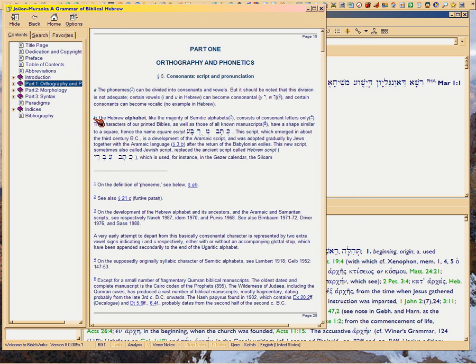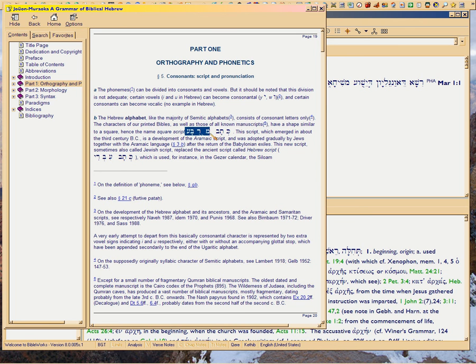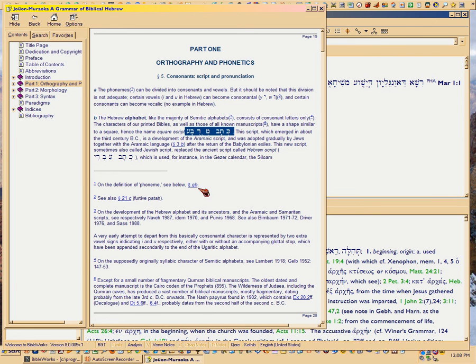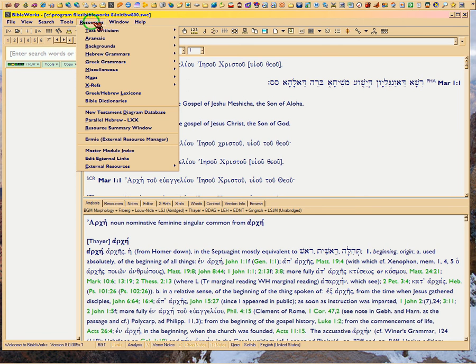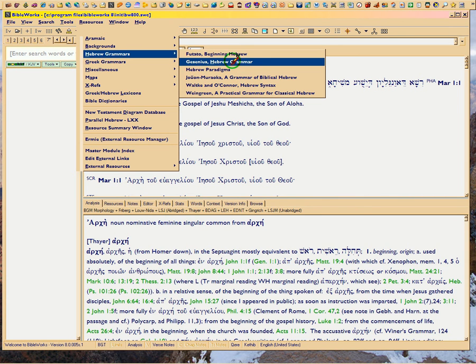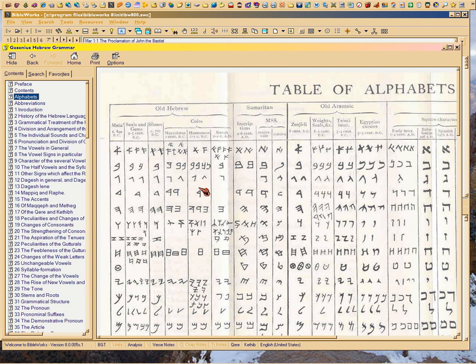This comment here: the alphabet emerged in the 3rd century BC. That's not true. This alphabet here, which is called the square script, actually emerged in the Middle Ages. And if you look at Gesenius, and you cannot find it in this version of Gesenius, because Gesenius has a fold-out in his hardback, right here. Oh yeah, okay, they do have it, oh good, because you can't find this on the web.